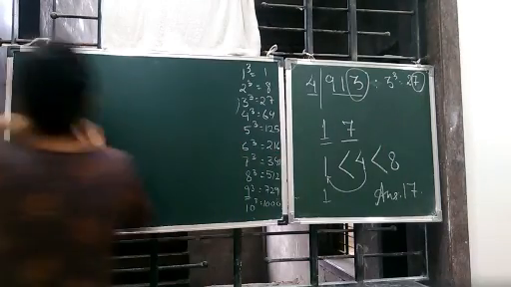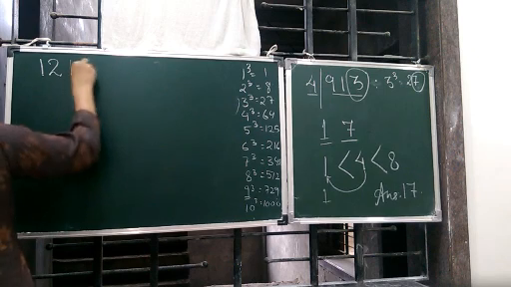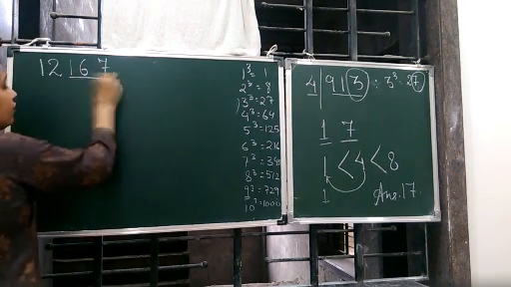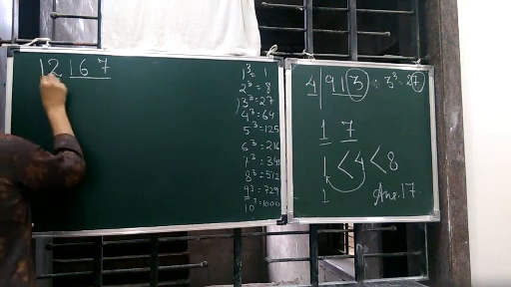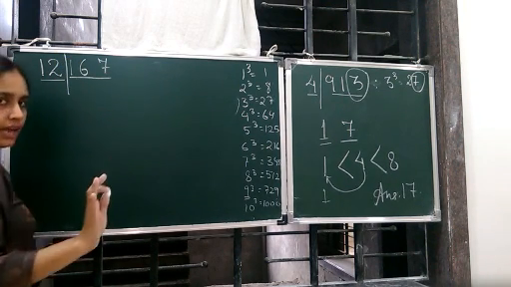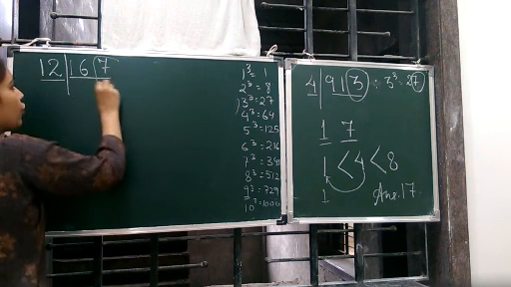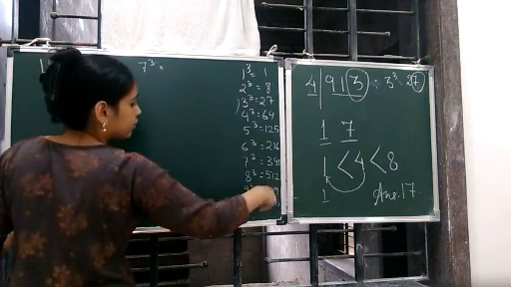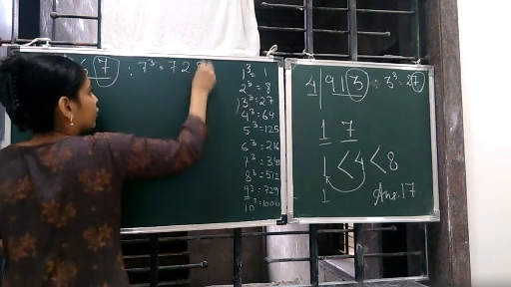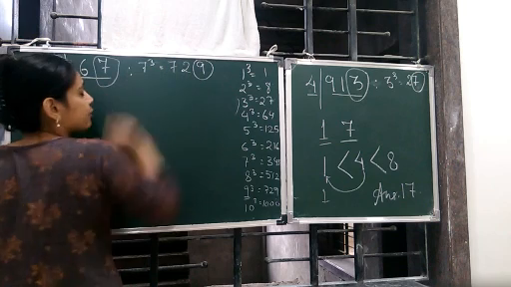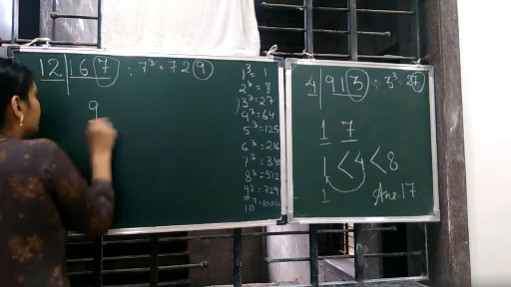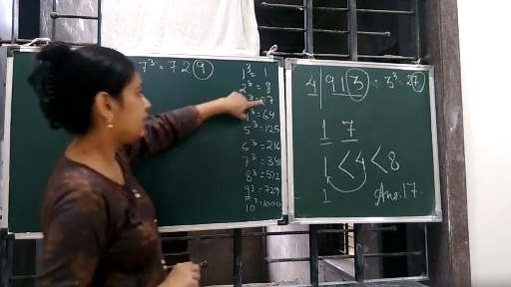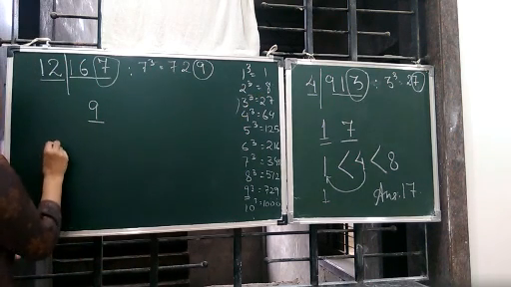12167. So we group it. First group, second group. There are two groups, that means we'll have two digits. Now what to do? Go to the last digit, find its cube. What is in the units place? 9. So 9 is the answer. Now check where will 12 lie. 12 will lie in between 8 and 27.